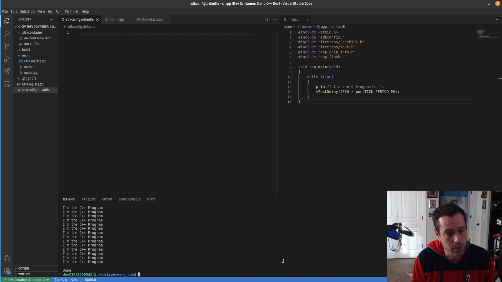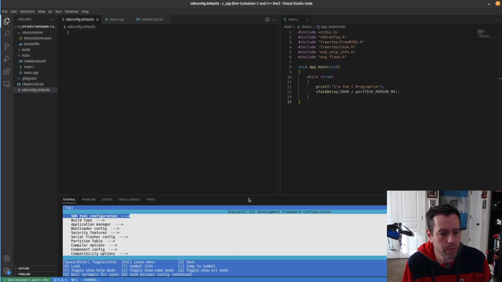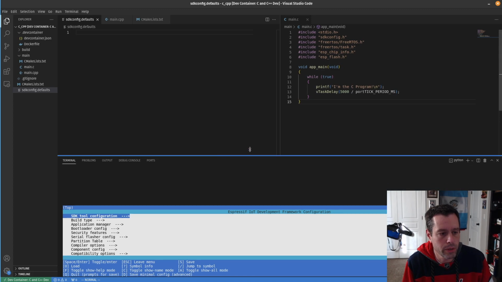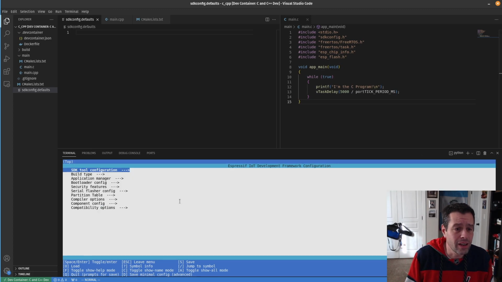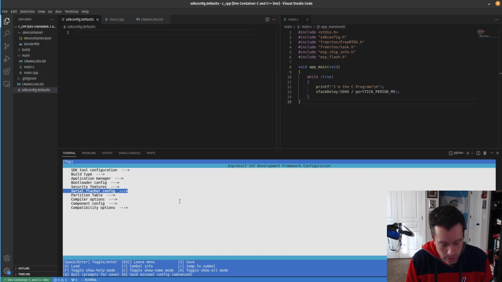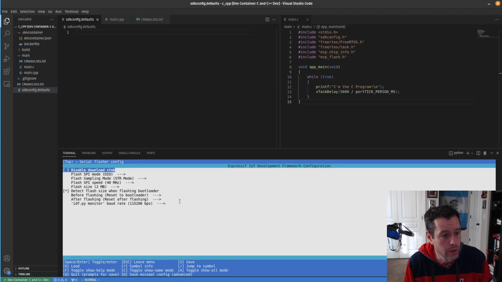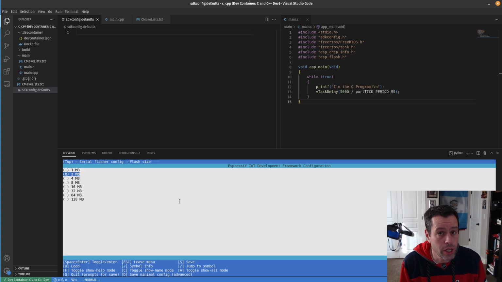I'm going to cancel out of this, and I'm just going to do an idf.py menuconfig, which will open up menuconfig, and let's see, we'll pull this up a little bit. And a couple things, you can search for it, or if you know where it's at, just navigate to it. I believe that's going to be in the serial flasher config. And you can see that the flash size defaults to 2 megs. Now, what you could do is come in here and change it. But remember, if we're using sdkconfig.defaults, because this is a difference from the default, we should specify it explicitly there. And so if you just come down to the setting here, 4 meg,